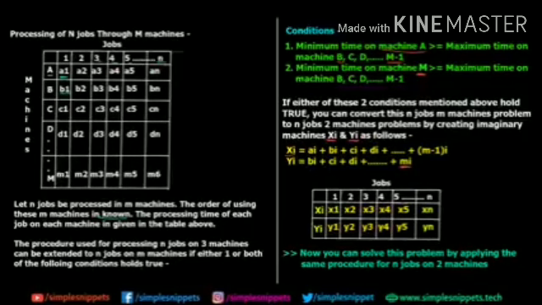Now this seems a little bit confusing, but when we actually see the numerical it will be very clear. So this is how it will look after you convert the N jobs M machines problem to an N jobs 2 machines problem, because we have 2 imaginary machines now, and now you can solve this problem by applying the same process for N jobs 2 machines, by calculating the optimum sequence and so forth. I know this theory might sound a little vague, so let's take a numerical example now.